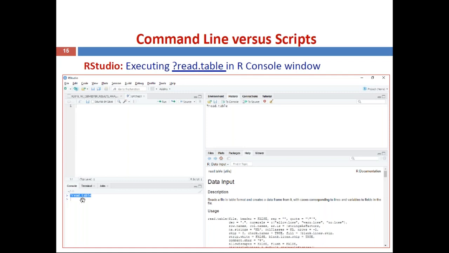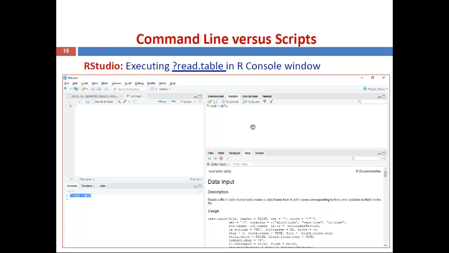Same in RStudio, in the R command line prompt, you can type question mark read.table. Then the output, the description about the table, will be displayed in window 4, and the environment or history, whatever the command, that command along with some details is displayed in window 3.